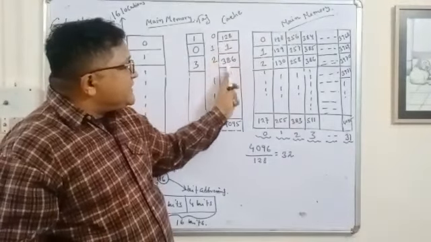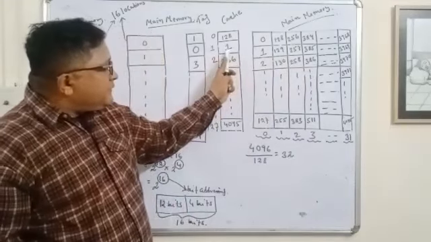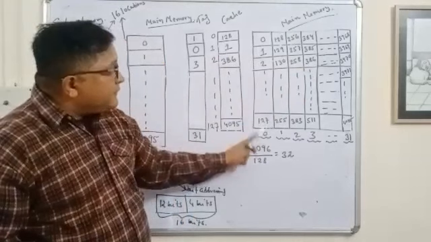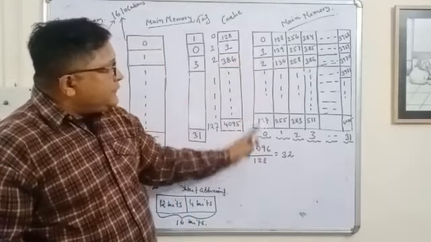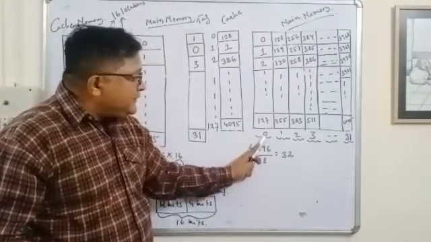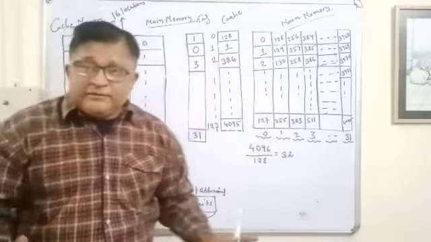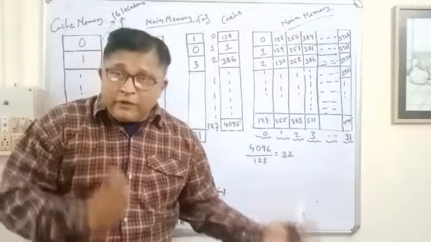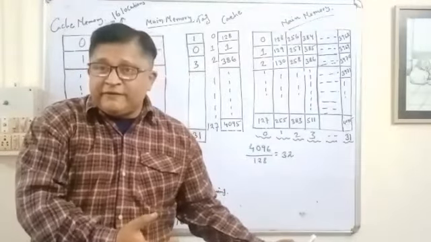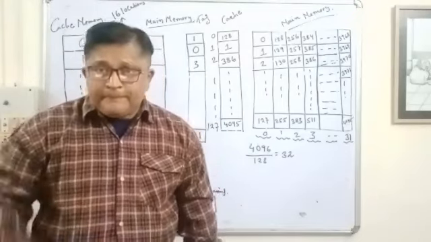Similarly, 386. Now 1 is taken from the block number 0. So this block number 0 is represented by the tag number 0. So the tag number is nothing but the block number from where a particular page is taken from the main memory and loaded into a certain frame of the cache memory.